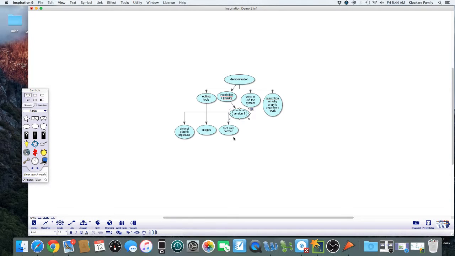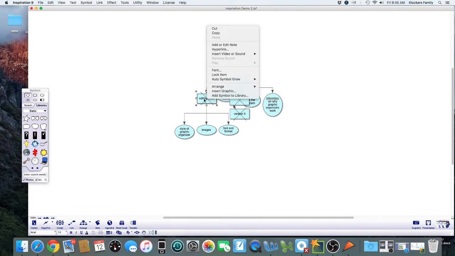The editing tools provide you with basic font formats, line formatting, and drawing. You can X out ideas. I don't like this one. I need to X that one out. I don't want that editing tool. Let's X it out. Of course, maybe I do need it. So you just select on it again.